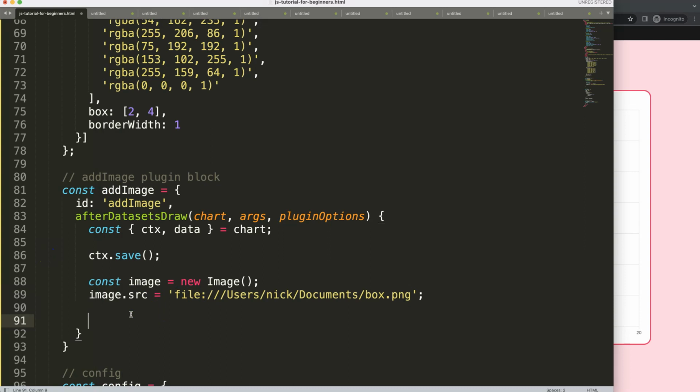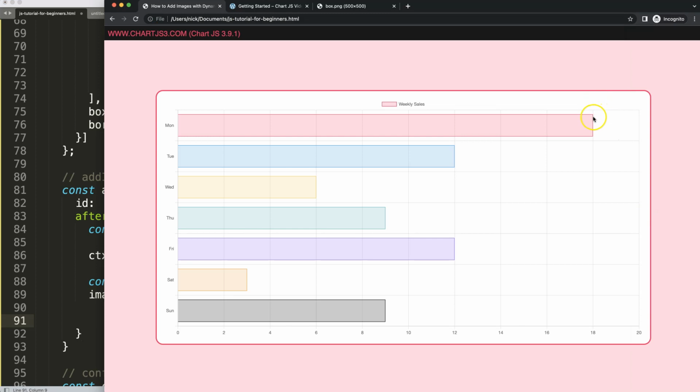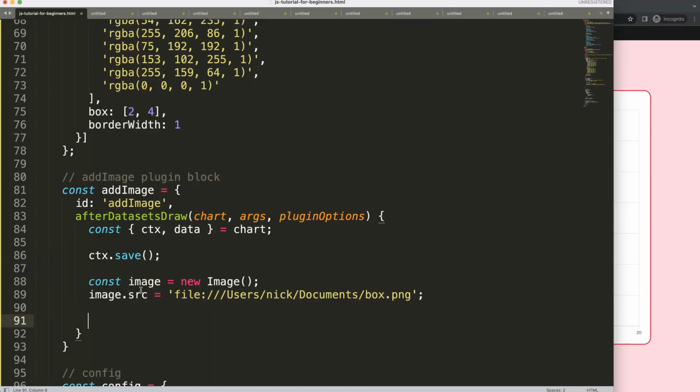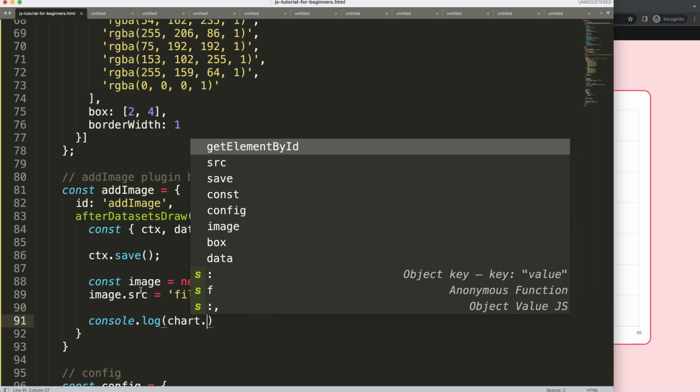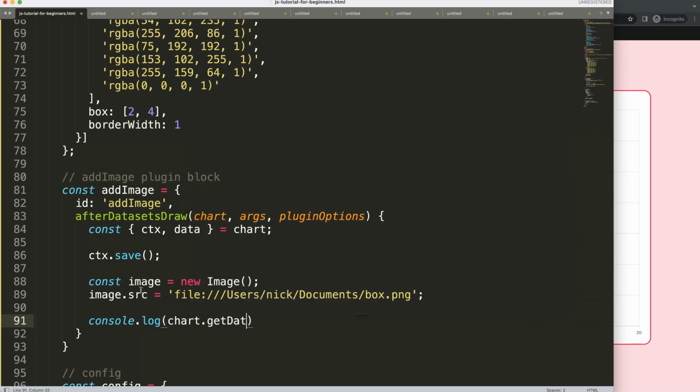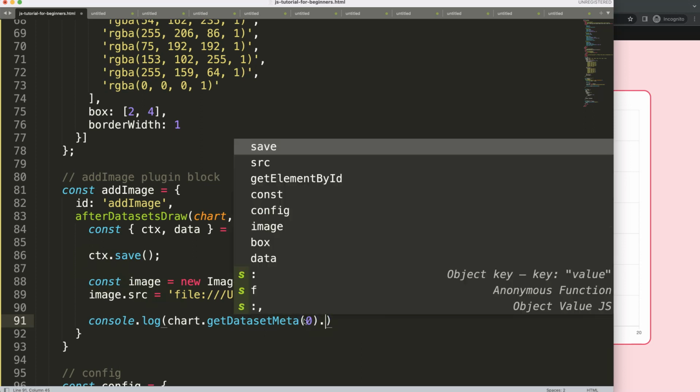So what we're going to do here is we want to grab that specific point from here to there. So how do we do this? Well, Chart.js has a built-in functionality, and I'm going to show you this. So I'm going to say chart dot, and this is a built-in function. So we're going to say chart.getDatasetMeta, and because it's a function, we're going to put in parentheses, and then we say here the index number, and not a bracket. And then we say a dot,